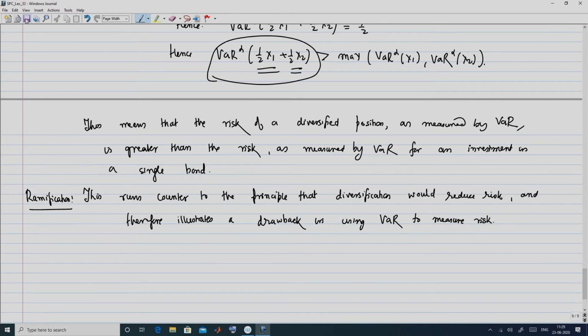So, let me elucidate this in a little more detail. See, when you started looking at var, var gave a very nice improvement over using standard deviation as a measure of risk, because it looked at some sort of a worst case scenario in 95% of the time, or rather equivalently say in the 5% of the time. So, when I say that we are looking at 95% var, it basically means that we are 5% certain that the losses will exceed a certain amount, that is the var, and 95% chances are that you are safe and the losses will not exceed that amount. So, this is certainly an improvement over using just the standard deviation as a measure of